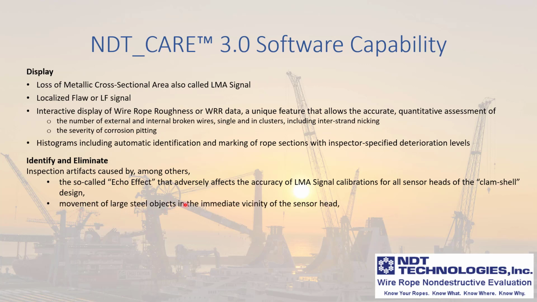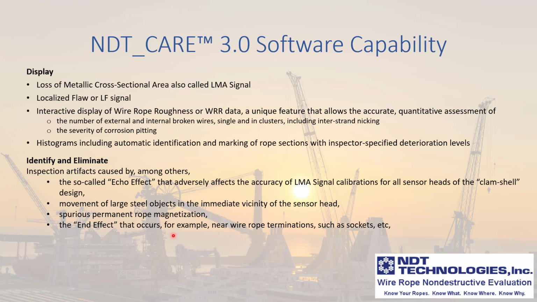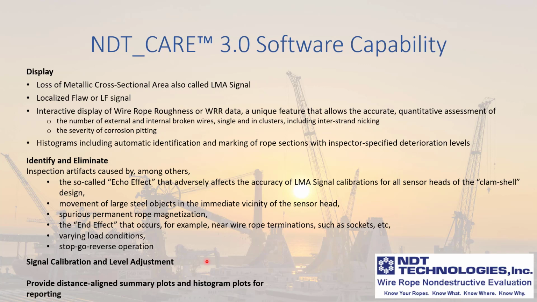Movement of large steel objects in the immediate vicinity of the sensor head, spurious permanent rope magnetization, the end effect that occurs, for example, near wire rope terminations such as sockets, varying load conditions, and finally stop, go, reverse operations. Further, we could look at signal calibration and level adjustment, and finally provide distance-aligned summary plots and histogram plots